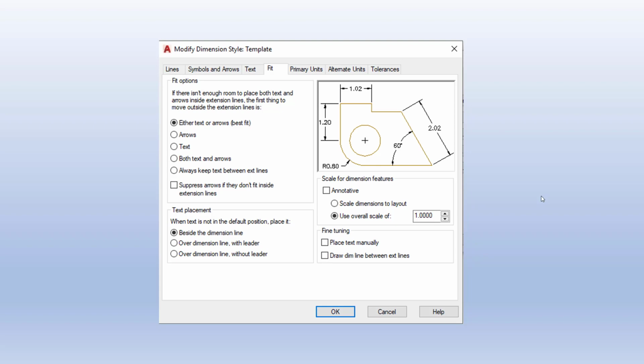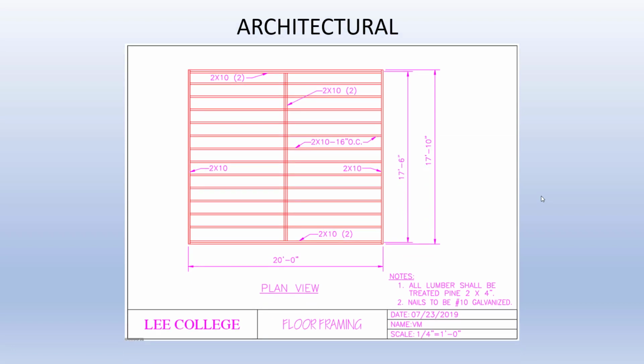The next two drawings are provided as a comparison of scale factors. In the first drawing of a floor frame made of 2x4s, notice the size of the entire frame. Remember that the frame is drawn in model space at the actual size according to the dimensions shown. Looking at the scale shown in the title block, this tells us that every 1/4 of an inch on paper is equal to 1 foot in real-world measurements.